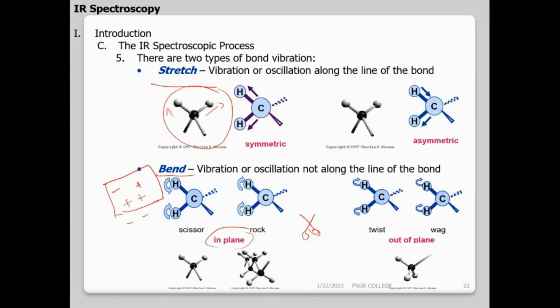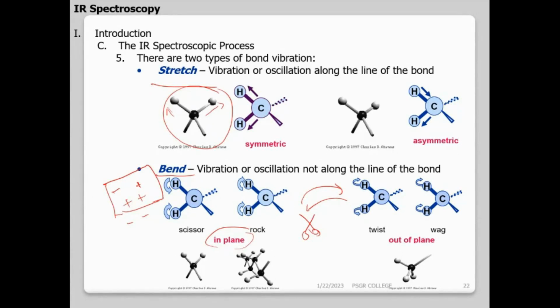Similarly, rocking. Okay? It goes like this and comes back like this, within the same plane. Like rocking the chair or whatever. For example, a swing is like rocking, or rocking a cradle. Suppose we have placed a cradle in a plane; it goes in the same plane and comes back in the same plane, not in a zigzag way. Okay, rocking and scissoring are in-plane, whereas twisting and wagging are out-of-plane.